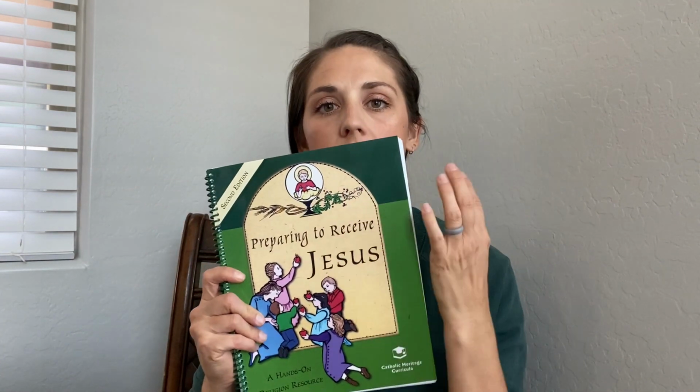And so this was a nice way to round it all out and condense it for her. I think for reconciliation there were eight lessons, so we just did those the eight weeks prior to her reconciliation. So really just honed in as we got closer to her first reconciliation date. So this we will use for confirmation and